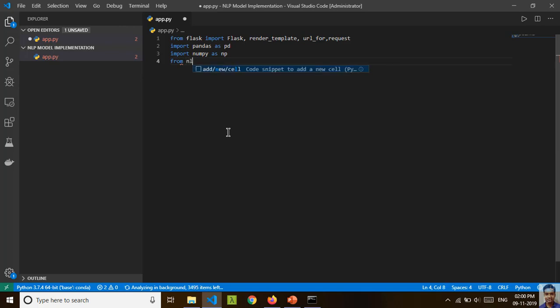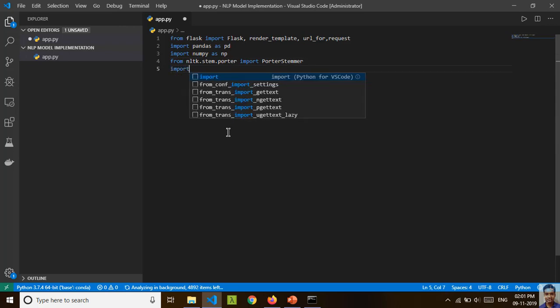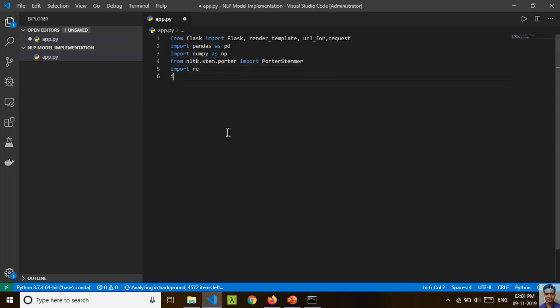Okay, the next tool is we'll have to import the module NLTK. This library has many features that will help us for our NLP project. Most NLP projects in Python are made with the help of NLTK. So that is PorterStemmer, and after that import regex and import string, and after that